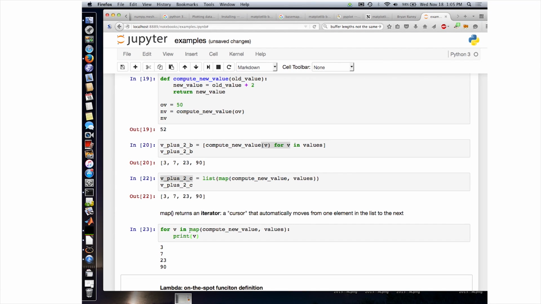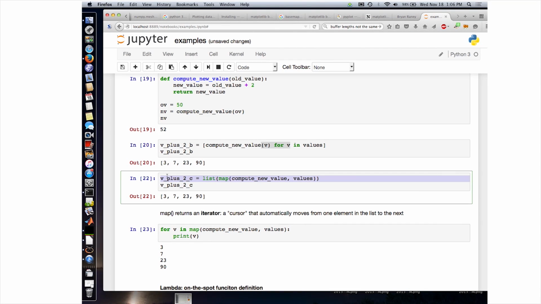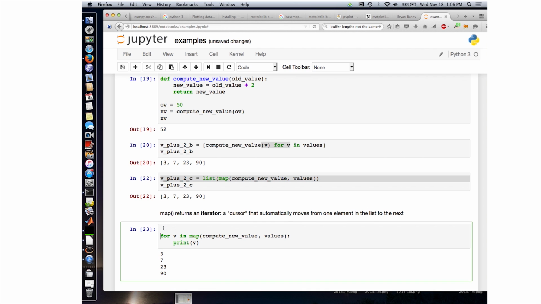So the for loop sees the map as an iterator and tells it, okay, give me the first item in the list, then give me the second one, then give me the third one, and it keeps doing that until map says that there are no more. And so this is typically much more efficient than doing this first and then doing,